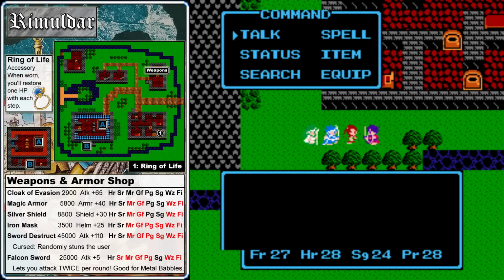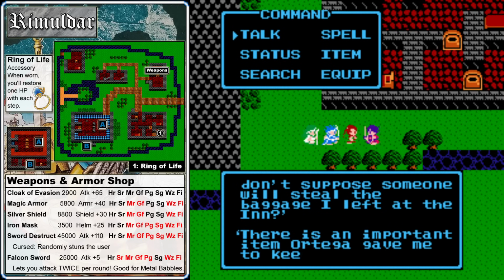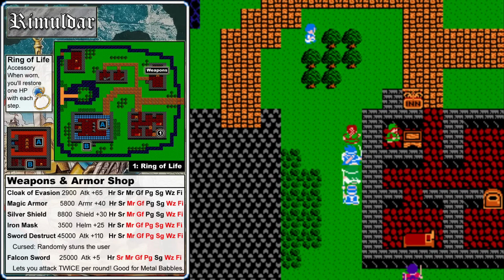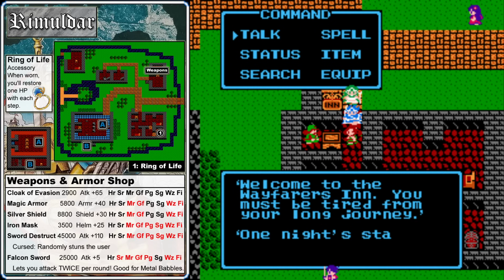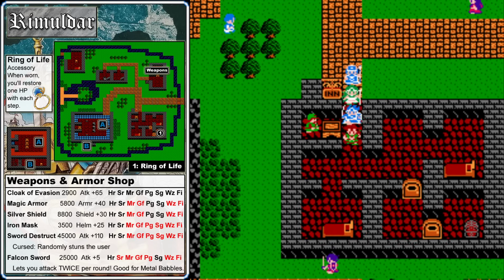very concerned that somebody might steal the baggage that he left at the inn, because there's an important item in there from our father, Ortega. Well, it turns out that this guy was right to be concerned, because we're totally about to go steal that item. The inn costs 80 gold here, which is less than it costs in Hauksness, but more than it does